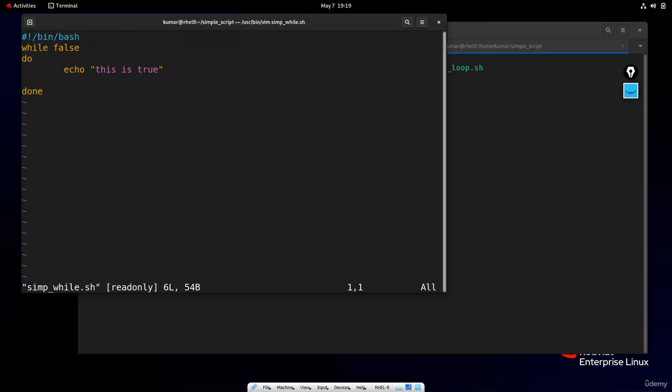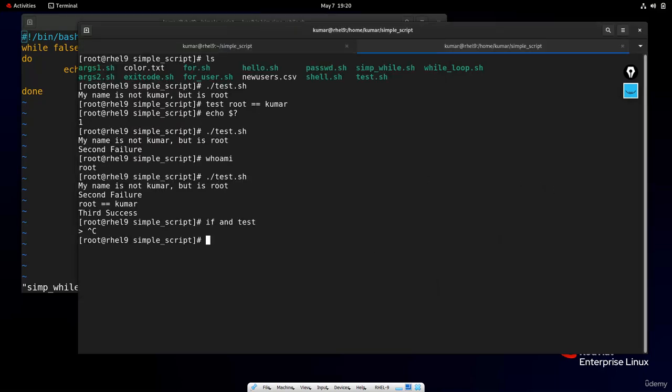The while loop actually works on two statements, false or true. I am going to run false here, and echo the dollar sign, like this. Then I am getting this wrong value, meaning something is going wrong. If I write true here and then use this,